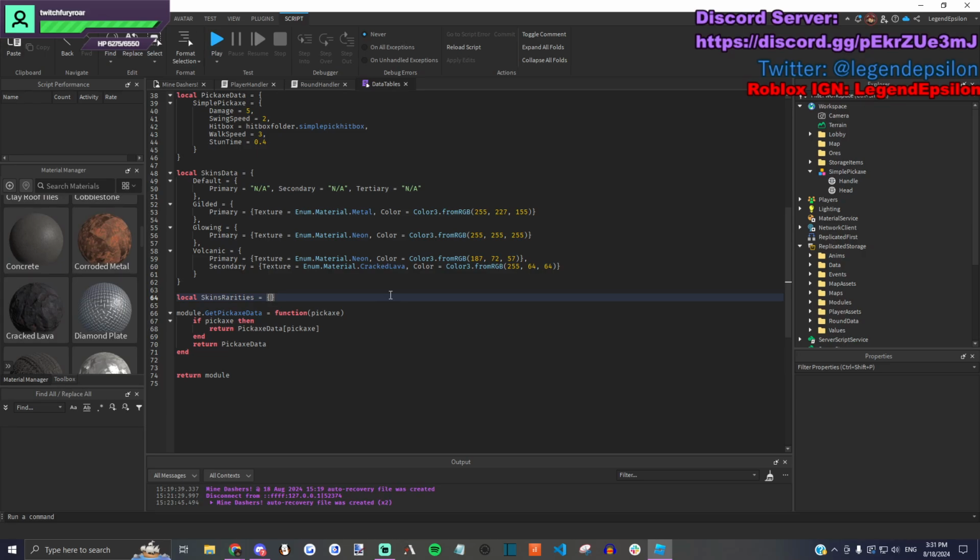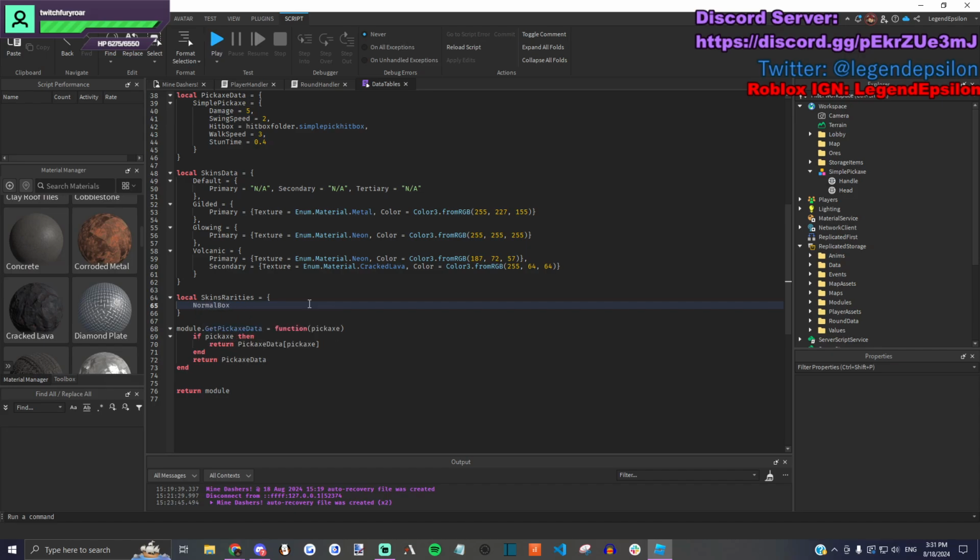I imagine skins will be very rare if you want to save up for them like that. So I suppose for this we should do normal box equal to this, and then common will be equal to